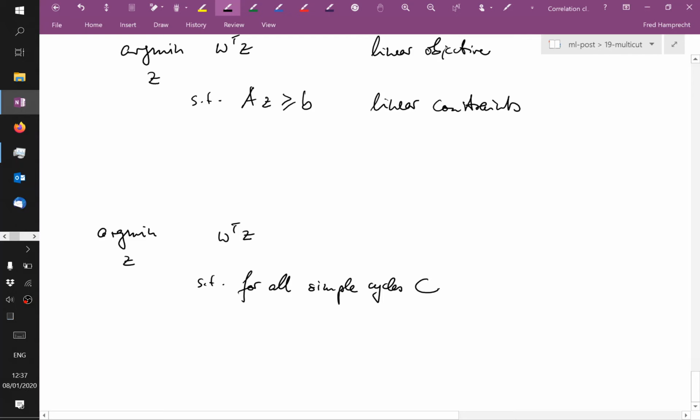It means that we don't revisit nodes. So let's say a cycle that goes around twice around the same nodes, that would not be a simple cycle. So for all simple cycles